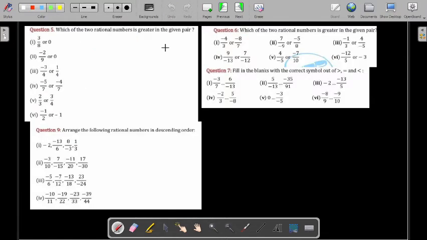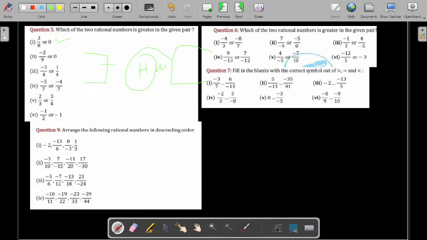Okay, these are questions 5, 6, 7 here. See, these three questions are very simple. In questions 5, 6, 7, what you have to do, I will tell you: you have to just compare the terms. Is 3 upon 8 bigger or is 0 bigger? The correct answer will be 0. Like this you have to do all the comparisons. I have not shown these three because they are the same. We just have to give the greater one in this. So these three numbers.